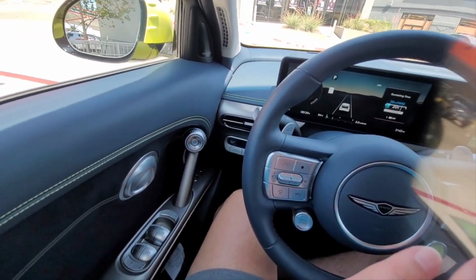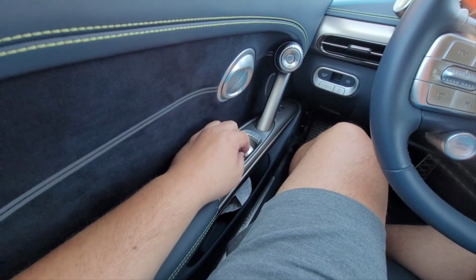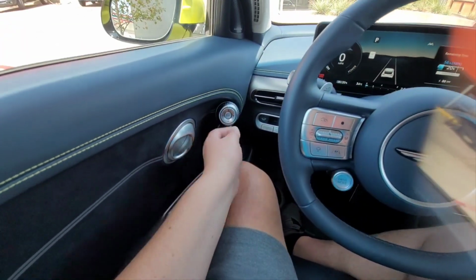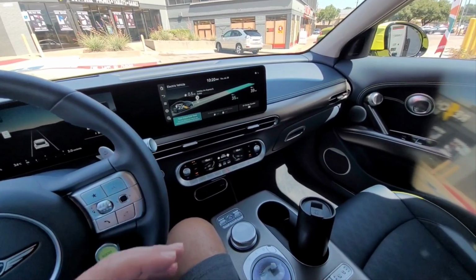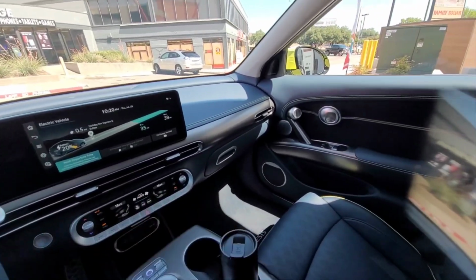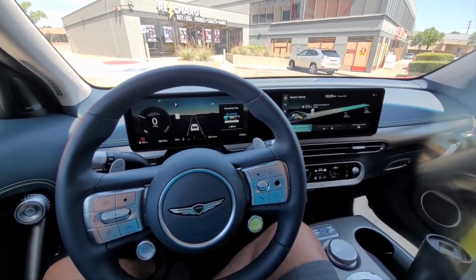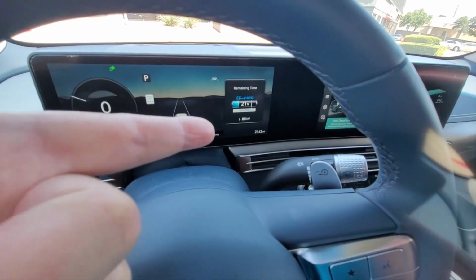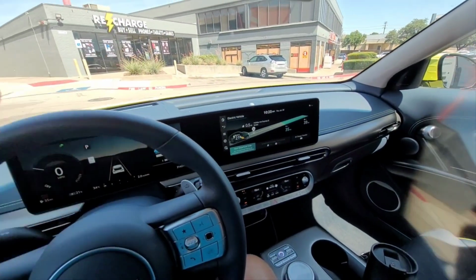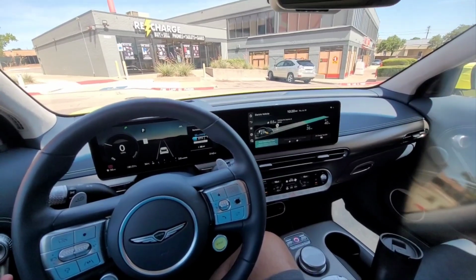And there are plastic switches here for the window. This is not metal, so you could tell there's some things where they either cut cost or cut weight, or they used one excuse for the other. But I still think the power you get out of here and the performance you get out of here is worth it. But this lifestyle right here, this nonsense, 50 cents a kilowatt hour, I'm gonna pay 40 bucks,